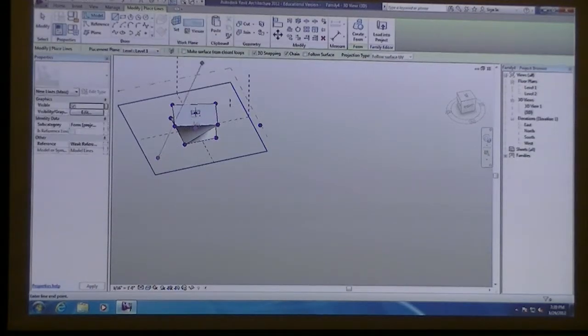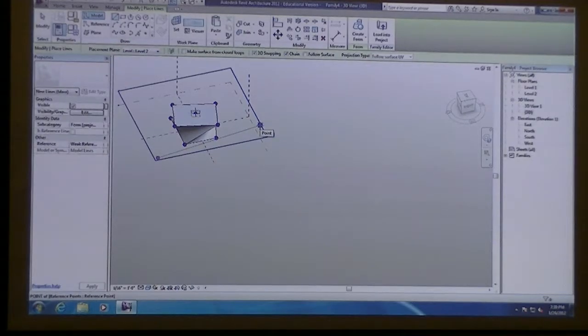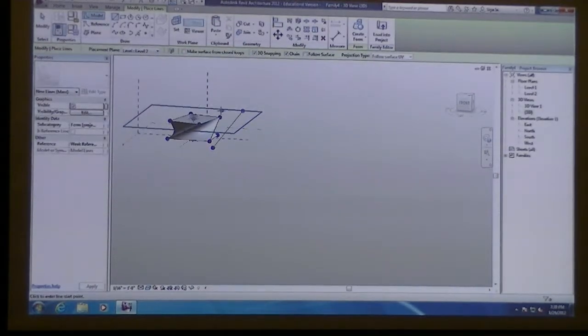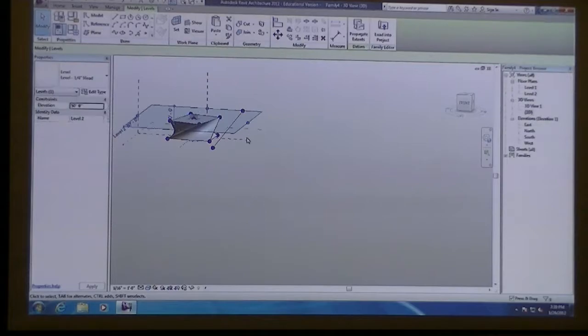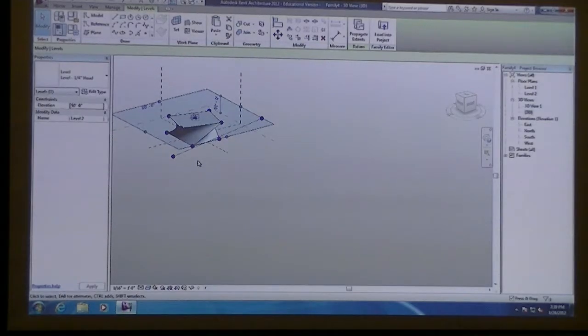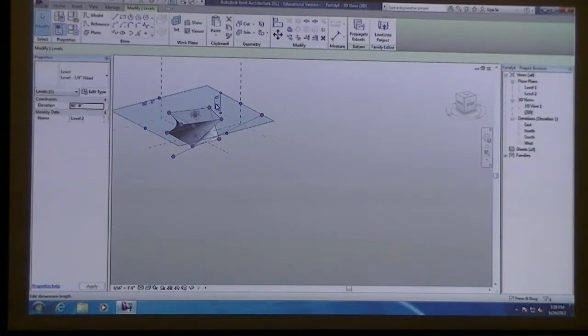Nothing on level 2, so doesn't matter. And switch to level 2. Oh, there we go. So you could also have your path going from level 1 to level 2. You could have kind of this straight thing that then, if you change level 1 and level 2, obviously all that will update as well.